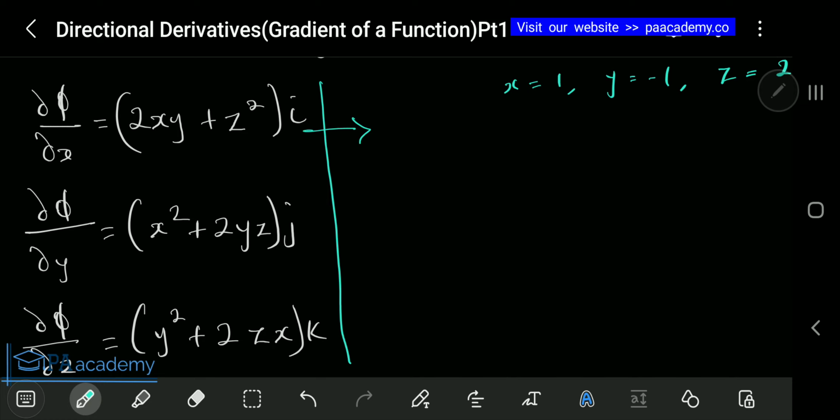For this, it will be 2 times 1 times minus 1 plus z squared, which is 4. So we are going to be having minus 2 plus 4, and that will give us 2i. For this one, it is going to be x squared, which is 1, plus 2 times our y, which is minus 1, times 2, which is 1 minus 4. And that will give us minus